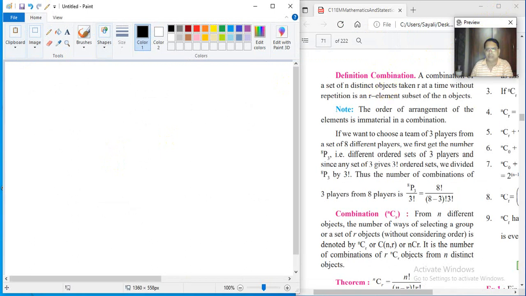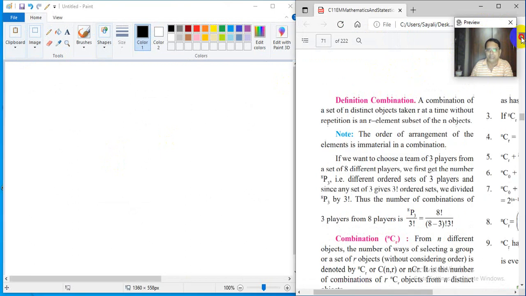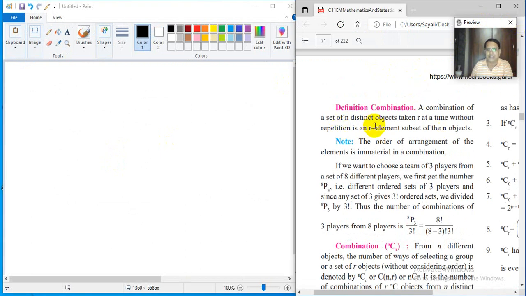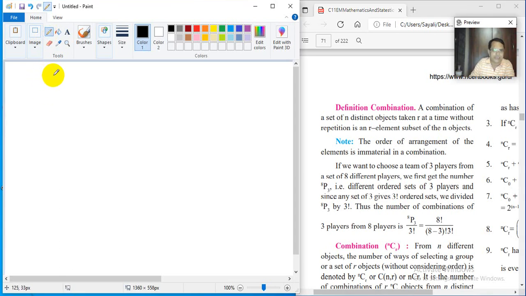So see, what we say is a combination of a set of n distinct objects taken r at a time, right? There are n distinct objects and we are taking r at a time without repetition, is an r element subset of that n object. This is very important. Now whenever you talk about a set, set theory is not new to you. What we are saying here, there are n distinct objects,